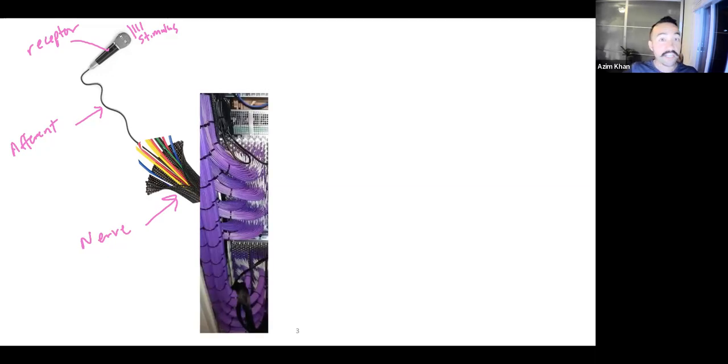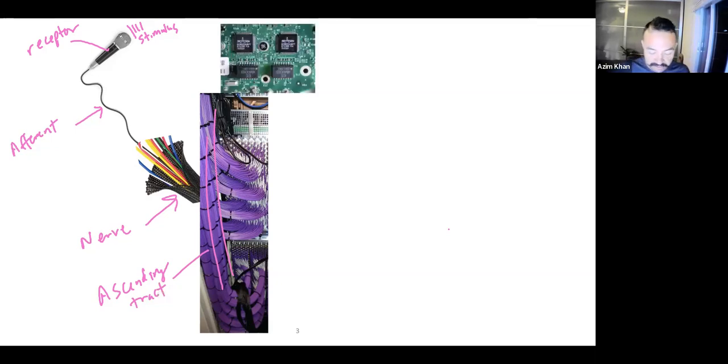Let's say this goes into a huge system, so there's tons of cords going through. This would all be part of the spinal cord. This would be an ascending pathway, ascending tract within the spinal cord. We deliver that information finally to the brain. That brain is the computer processor in this example. That's our integrating system. Our computer, the brain, is an integrating system.